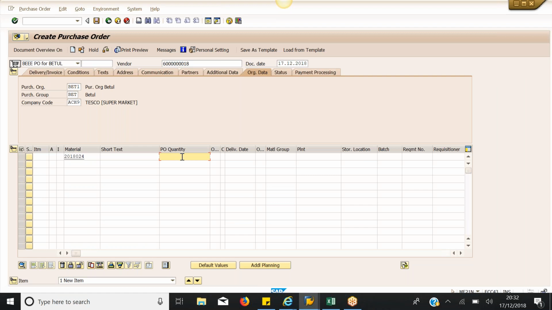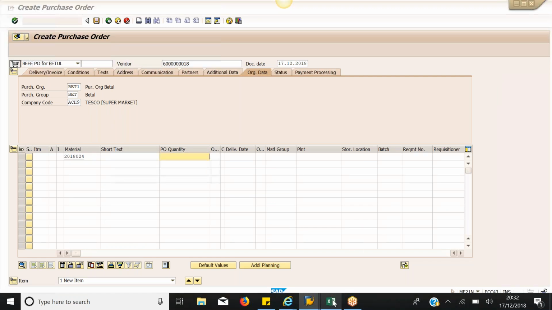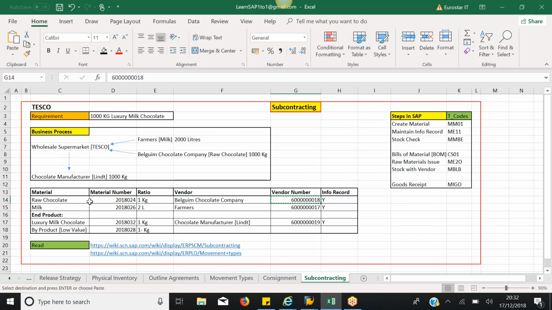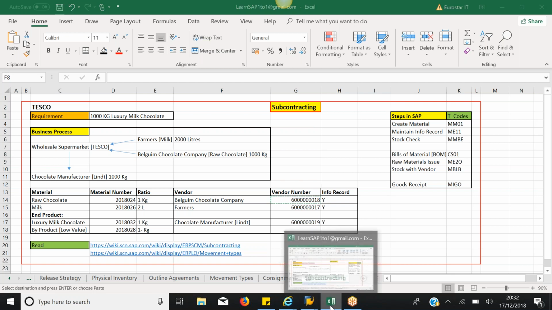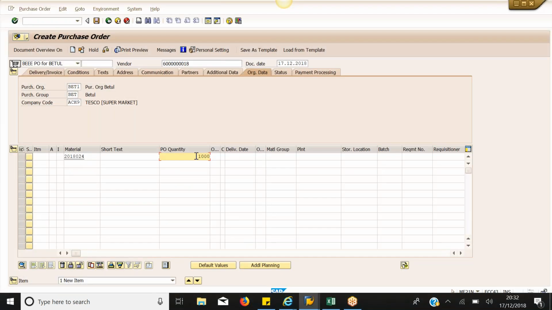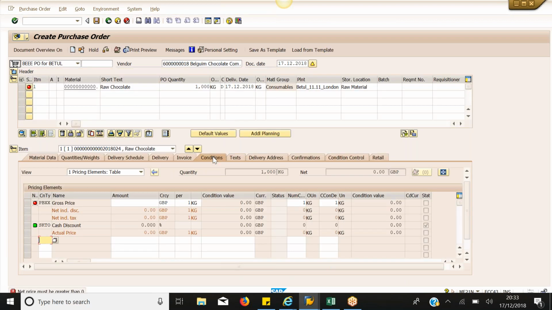I'll put the quantity as however much I want: 1,000 kilograms of chocolate. So I can put the quantity as 1,000. The storage location should go in as B001. Press enter, and you will see that